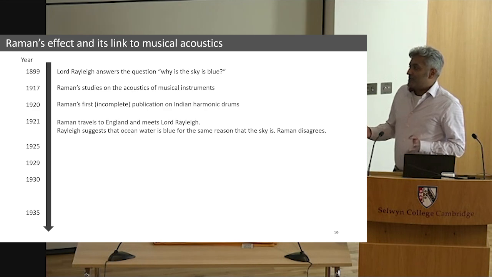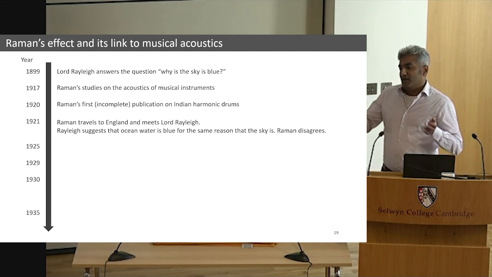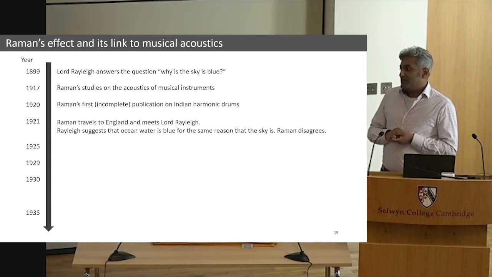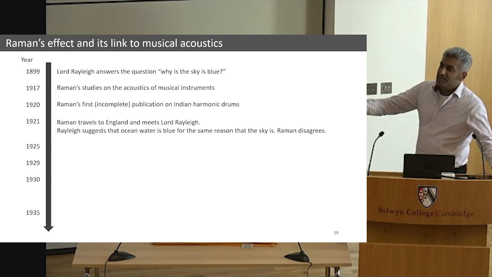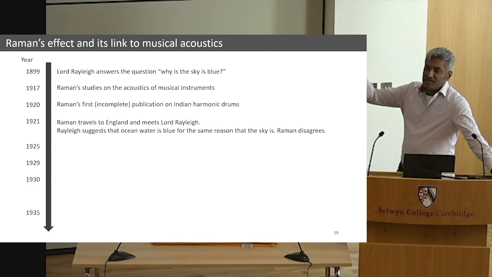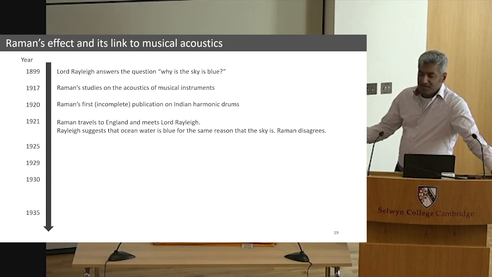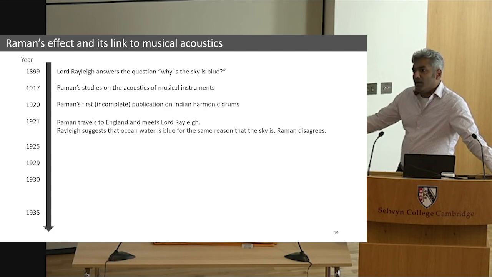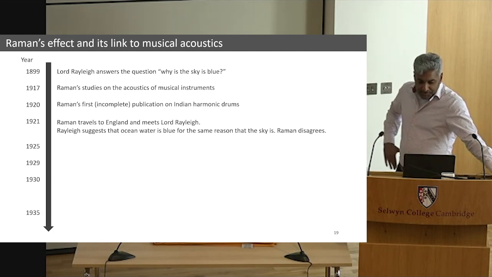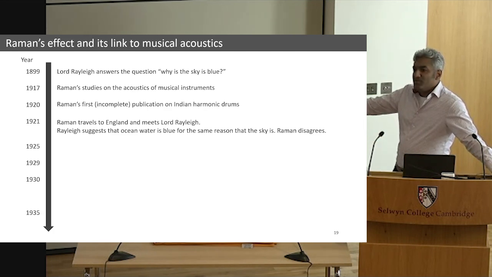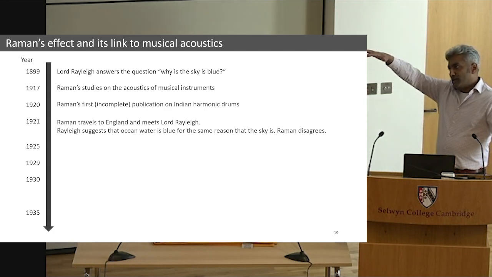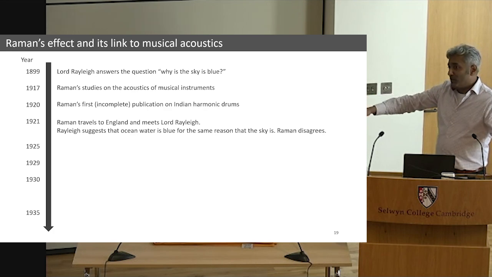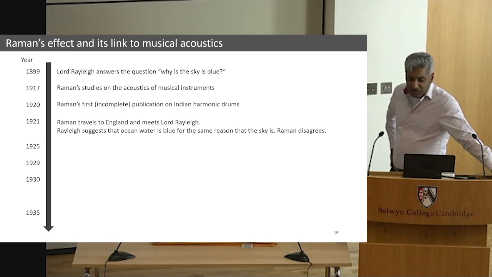Raman was, of course, on the ship for several weeks traveling to England, and he was looking out into the oceans of the Mediterranean, for example, and he found that the oceans seem much darker in blue compared to the sky. So when he arrives in England, he asks Lord Rayleigh, can you tell me why the oceans look deeper blue than the sky? And Lord Rayleigh just dismissed him and said, it just looks blue because it reflects the sky. That's the reason why if you have a cloud, and you look at the color of the water under the cloud, it's not blue anymore. It's purely a reflection phenomenon.